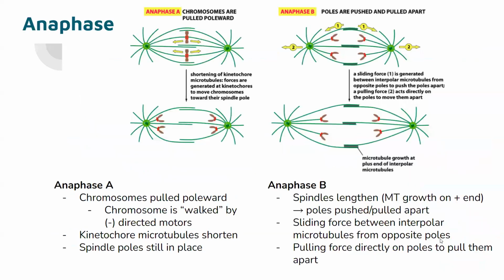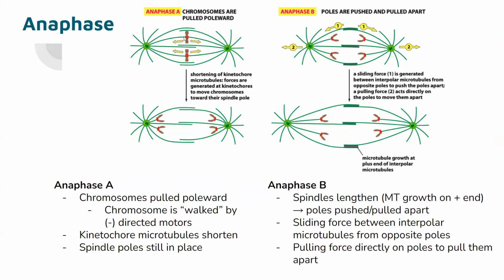So anaphase, there's two parts to anaphase. There's anaphase A, which is the part focusing on the chromosomes being pulled poleward. So it's basically just the mechanism I was talking about with the cohesin. After it's degraded, the chromosomes can be walked by minus-directed motors, and as the motors walk toward, they have a part attached to the kinetochore, but they also have a part attached to the microtubule, and as they start walking towards the minus end over here,